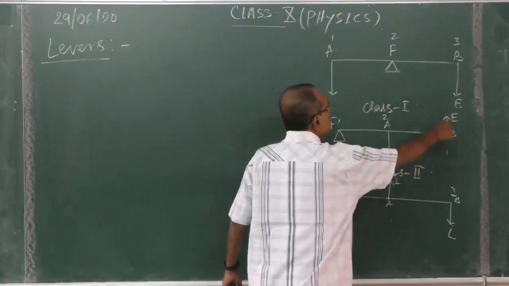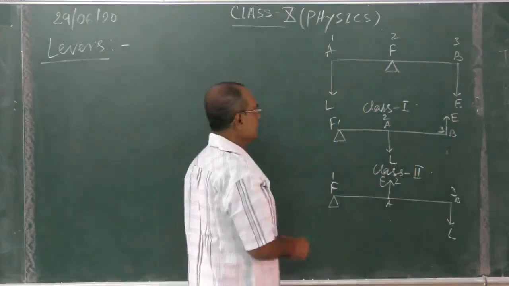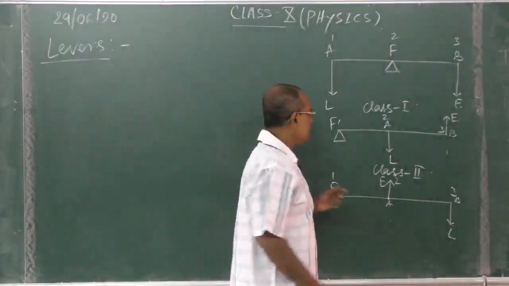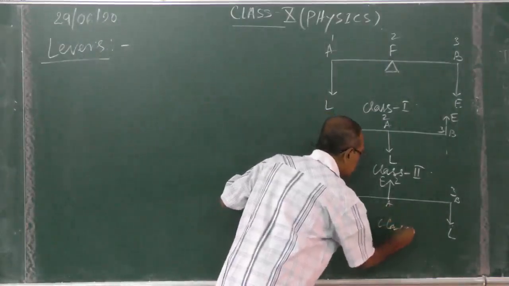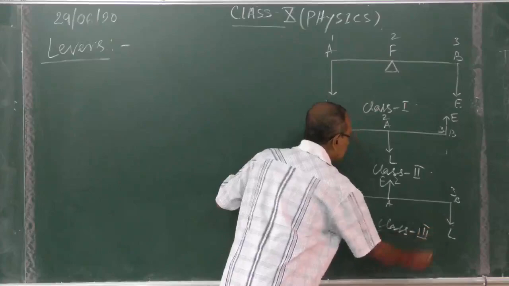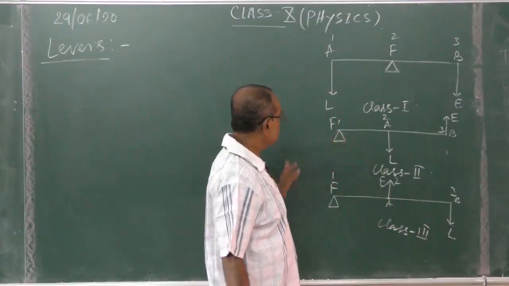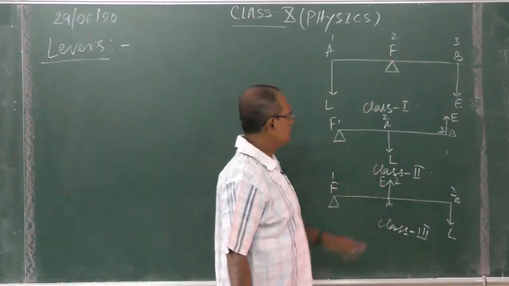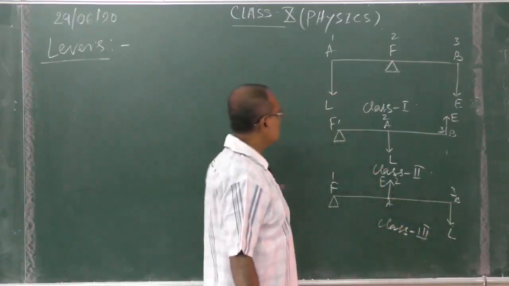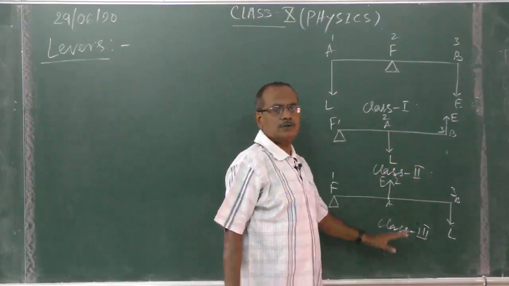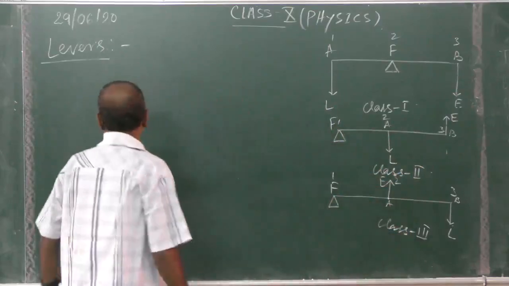Anti-clockwise moment due to effort. In class 3 lever, anti-clockwise moment due to effort is equal to clockwise moment due to load. Okay. So therefore,